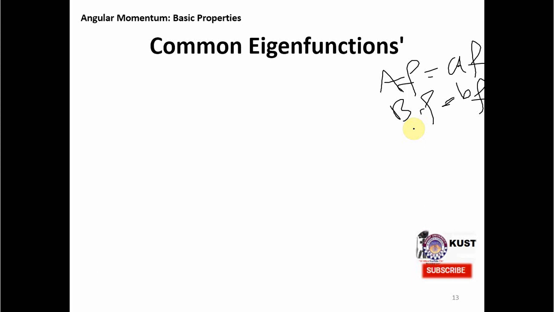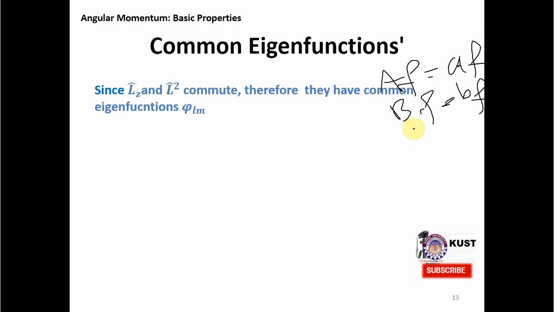Since we have seen that L square and Lz commute, they must have a common eigenfunction. So let's write that Lz and L square commute, therefore their common eigenfunction is phi_Lm, and we will see later on that m corresponds to Lz and L corresponds to L square. If they have a common eigenfunction, then we can write this equation, that is L square acting on phi_Lm is equal to an eigenvalue times phi_Lm,